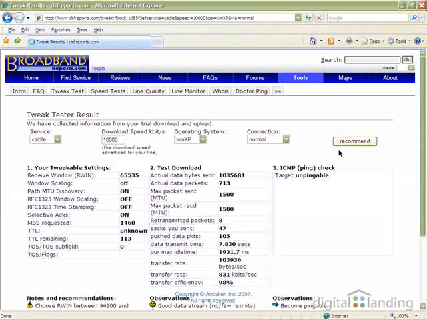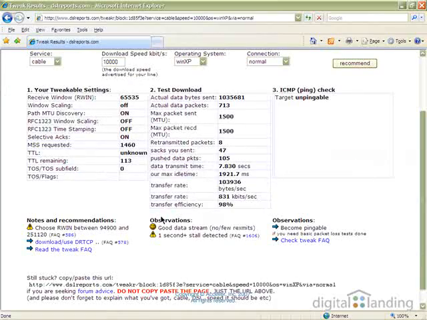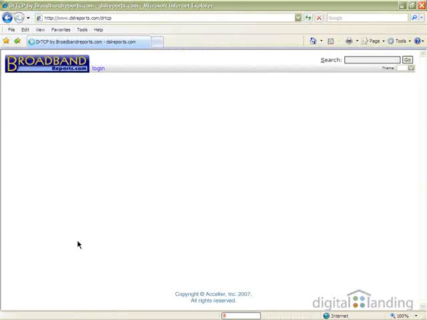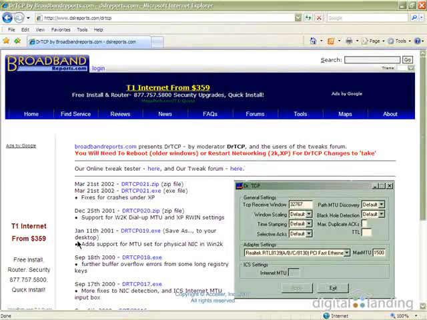This produces a set of results in 3 left-to-right columns. The first column shows your current settings and recommends possible changes to RWIN. The second shows the results of the test run, and the third shows whether or not your system responds to pings. We're really only concerned about the first column, Notes and Recommendations, from which you should write down the recommended RWIN values. Now click on the link that reads Download Use DRTCP, and then click Run in the File Download